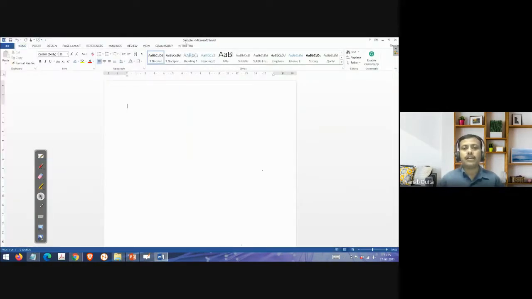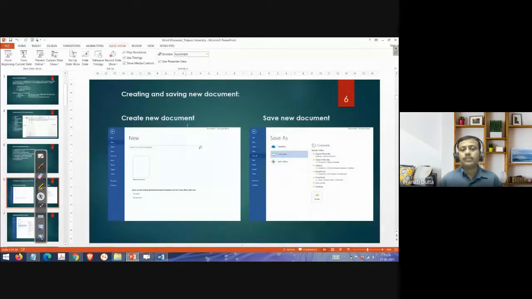This is the title bar. Your name will appear here. So if you see it here, the sample Microsoft Word in the title bar, it is there. Okay. So that is what I am showing in the first slide: create new document, save new document. Okay. Now,